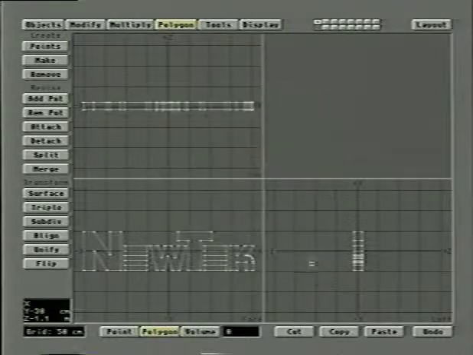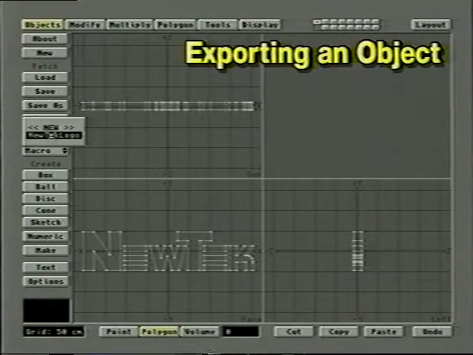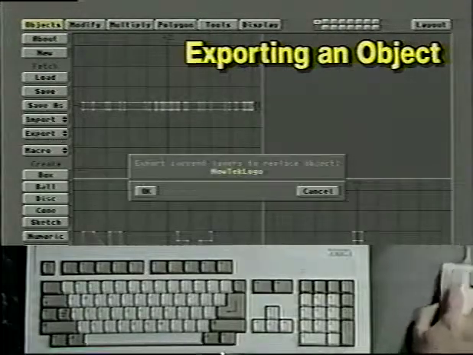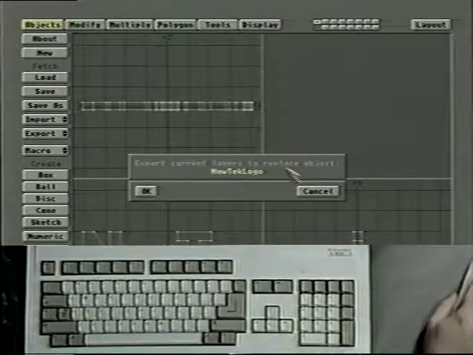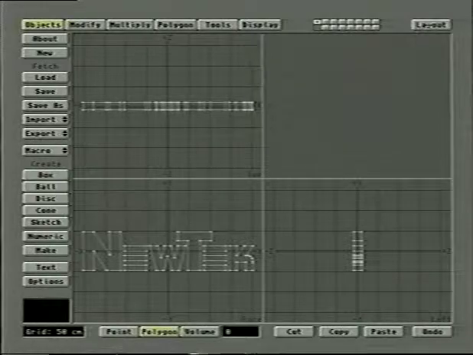Okay. Now what we've done here is we've given these things some new names. The one on the left is now called middle bar on left. The one on the right is now called shiny gold metallic. We've modified this object. So now let's export this object. In other words, let's take this object and put it back in the scene. Go to the Objects menu, click and hold down Export, and we want to replace the NewTek logo. And it asks us if that's okay to export it to replace it. Yes, it is. Now when we go back to Layout, using this button up here,